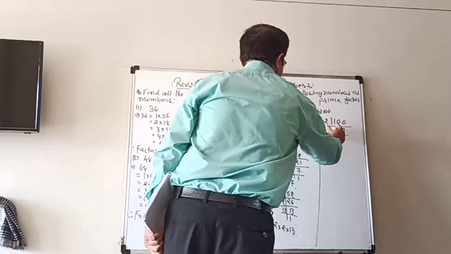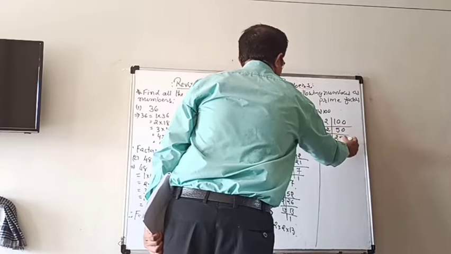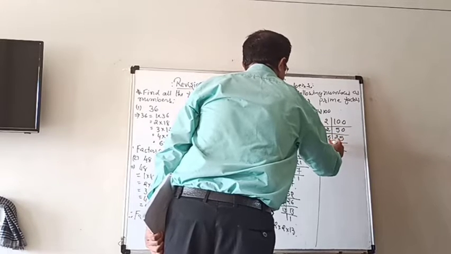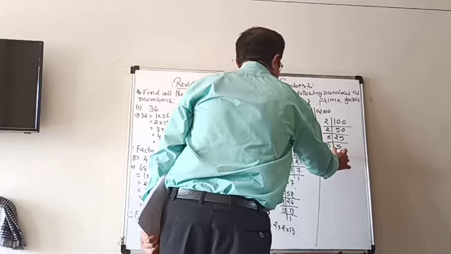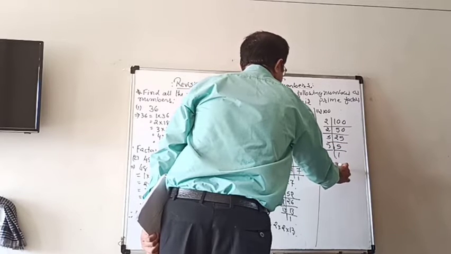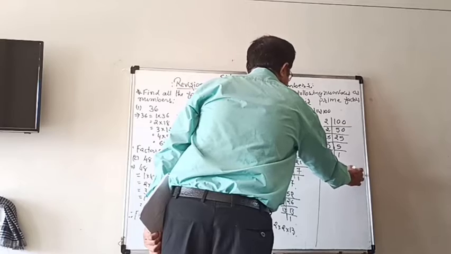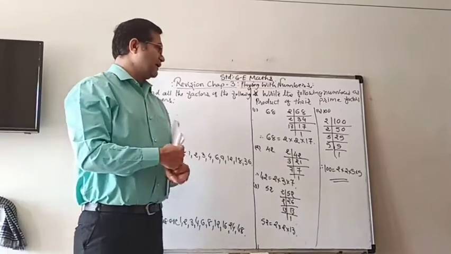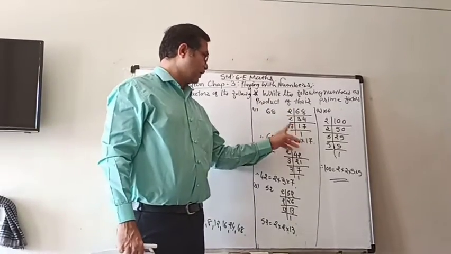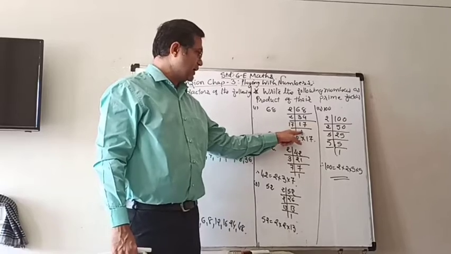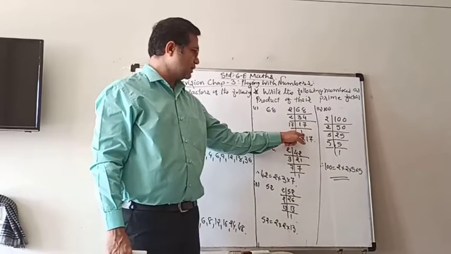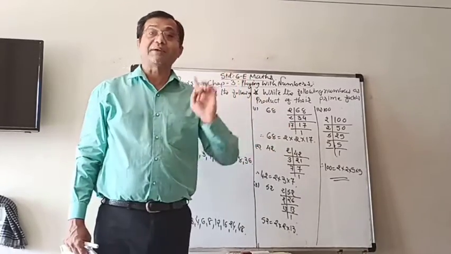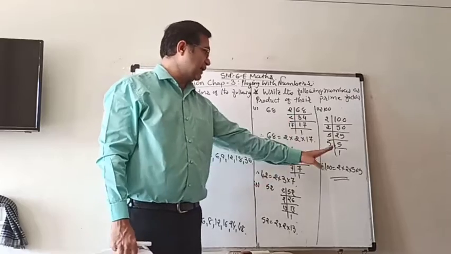52 is 100, 25 is 50, 5 is 25, and 5 is 5. So 100 is equal to 2 multiplied by 2 multiplied by 5 multiplied by 5. So by doing the factorization until all the prime numbers come and last there is nothing other than 1, check that whatever numbers are here are prime numbers and then write down the answers like this.